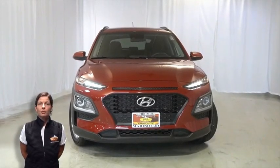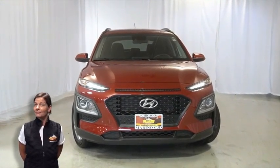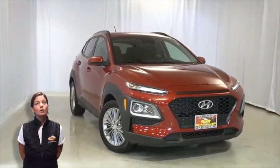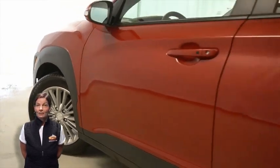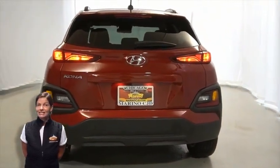Have you been searching for the perfect compact SUV with safety and reliability without breaking the bank? We'll take a look at this 2020 Hyundai Kona SEL Impulse Red. With HID headlamps, front fog lamps, 17-inch aluminum wheels, power heated mirrors, rear window wiper and washer, heated front seats,